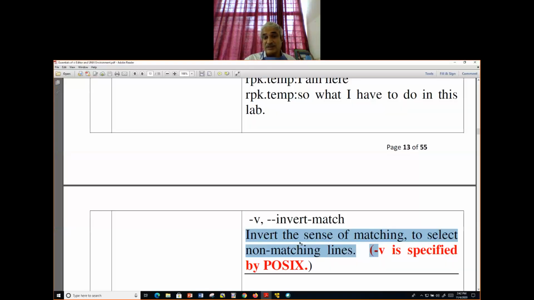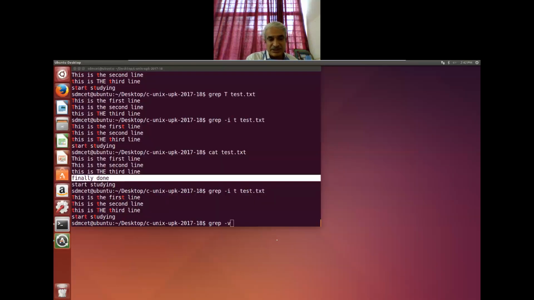Invert the sense of matching, right? I want to search for a particular pattern, but I want to display all the lines that do not have that pattern. That is the -v option, and I was searching for this T. You can even also ignore, just a minute,